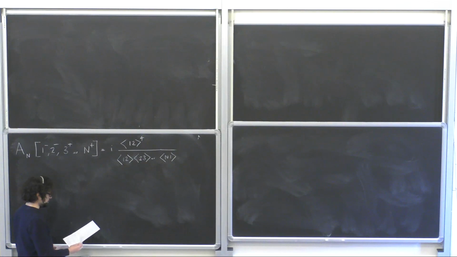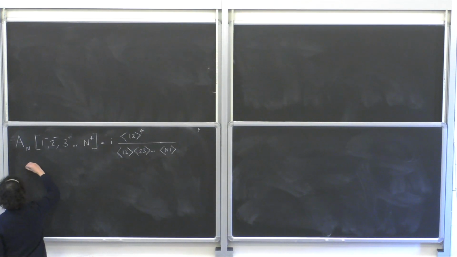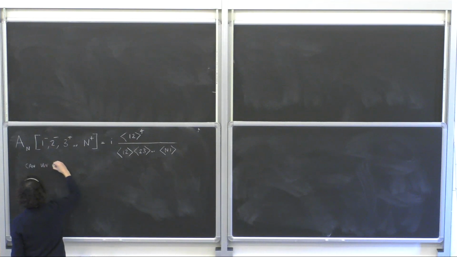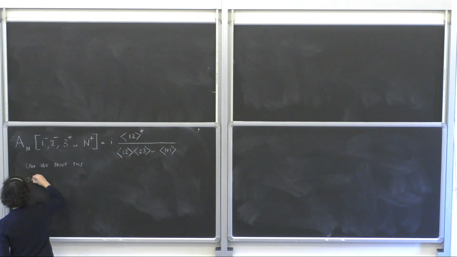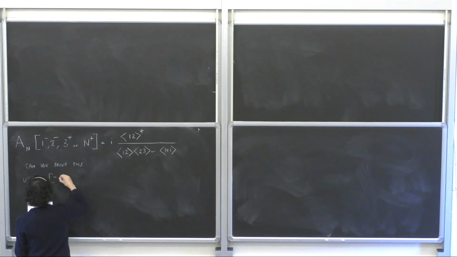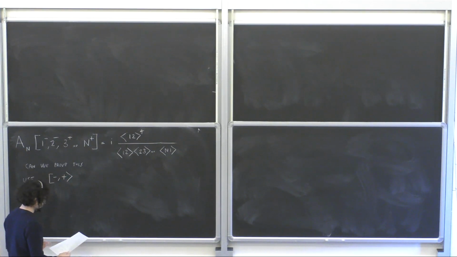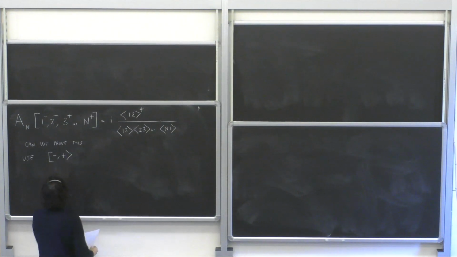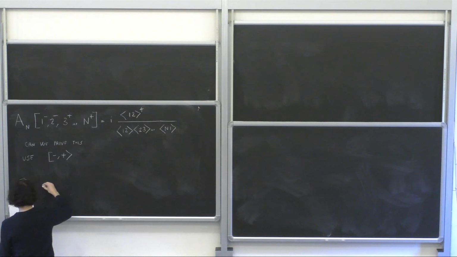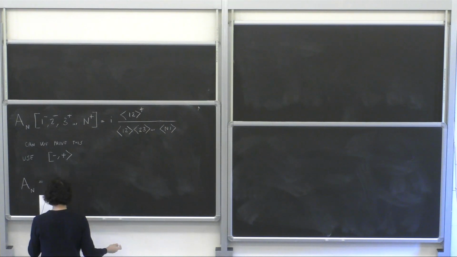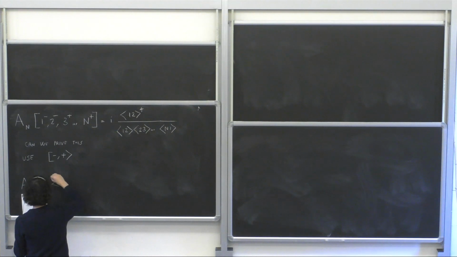So the question is, can we prove this by induction? Or if you prefer, by BCFW recursion. So we use a shift, which is a minus plus shift, so one of the good shifts which we identified before. And then we write the n-point amplitude as, we get essentially two terms, two kinds of